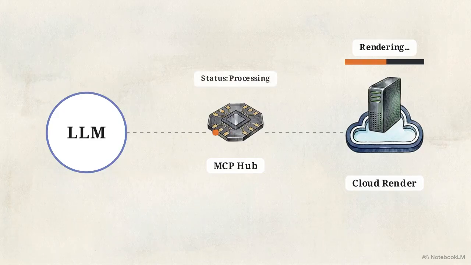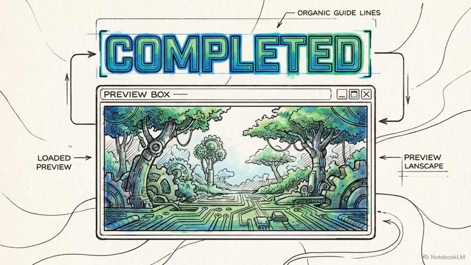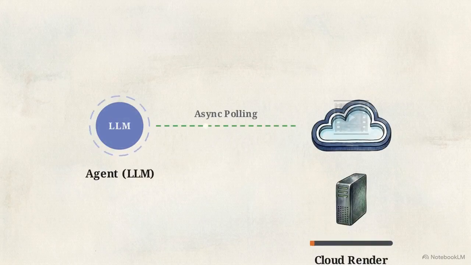Using wait for job, the agent pauses its main thread, periodically pinging the server for completion. Once the cloud cluster finishes the render, the next ping retrieves the final asset URL, pulling it into the active conversation. This asynchronous architecture effectively allows our instantaneous cognitive agents to work in perfect parallel with heavy, high-latency cloud rendering